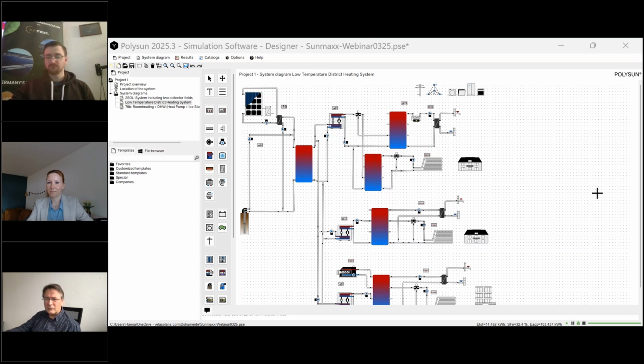Then we have, let me see, there was a question concerning the thermal energy storage. Is there any way to set an initial state of charge or a specific layer temperature for the thermal energy storage? Okay, it sounds like we have a simulation expert in here. So Polysun always starts the simulation on the 1st of January. This is something you have to consider. And of course, we have an initiation temperature for all the components.